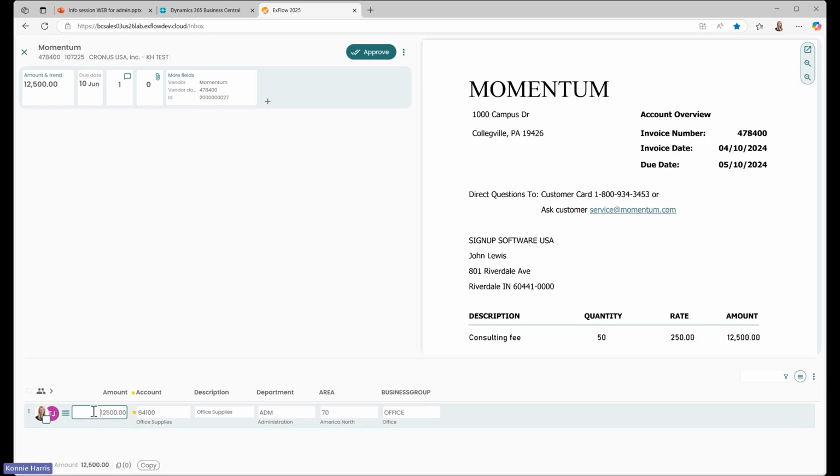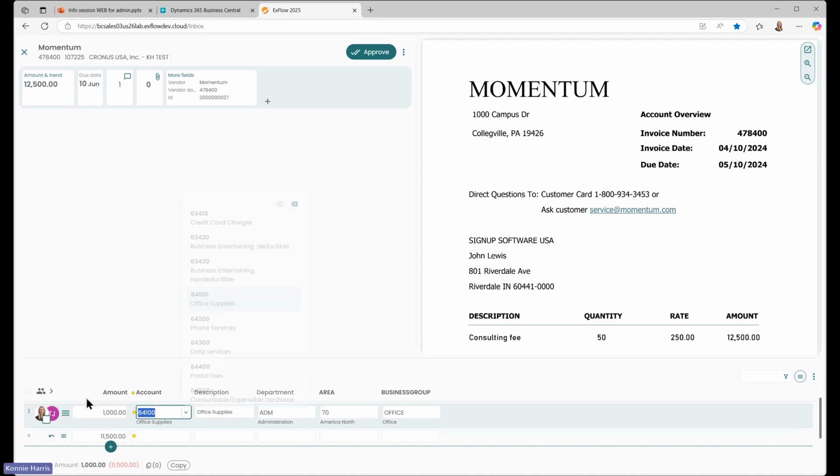Okay, let's try that again. So when I leave the field, you can see it's calculated the amount as $1,000, and it's created a new line for the difference. So on the new line, I can enter each field manually, or I have the option